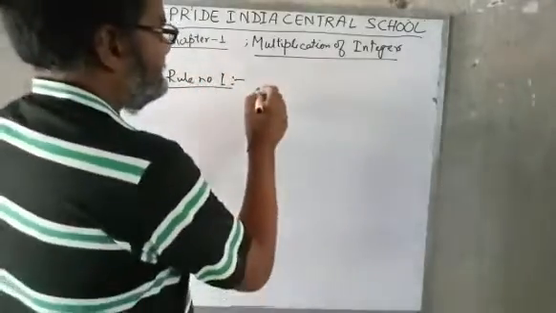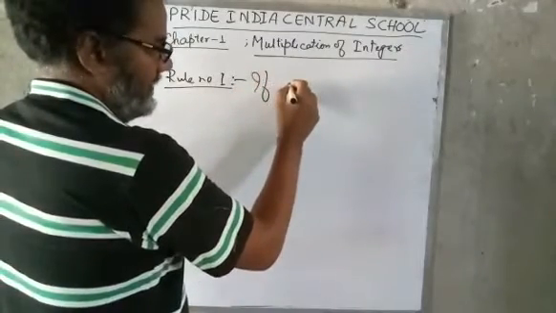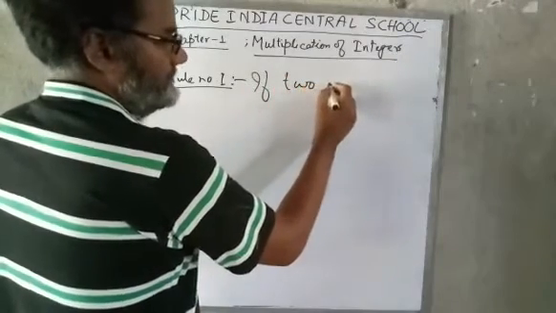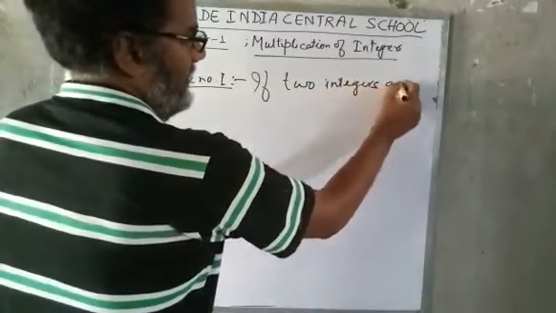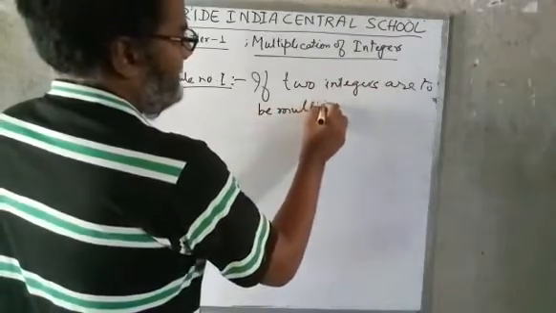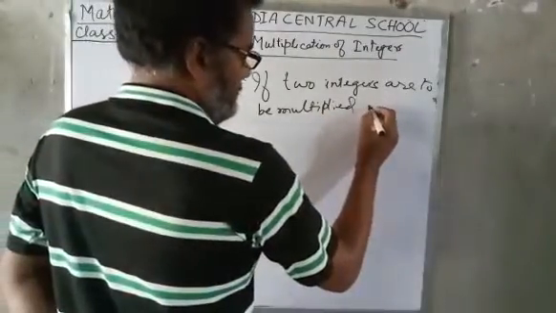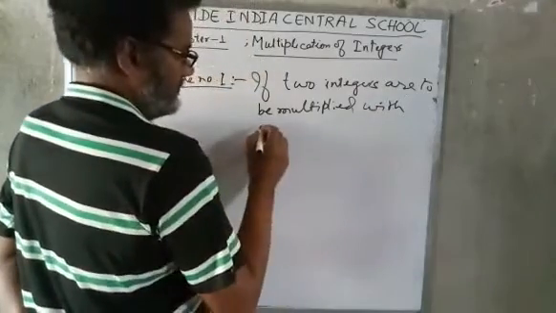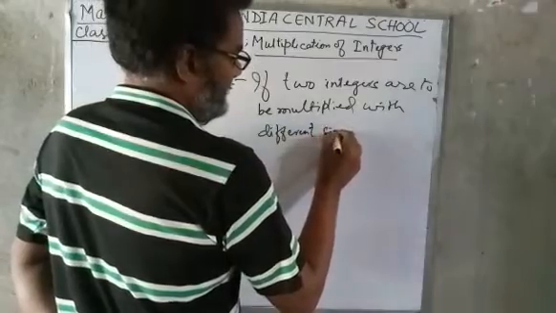It says that if two integers are to be multiplied with different signs,